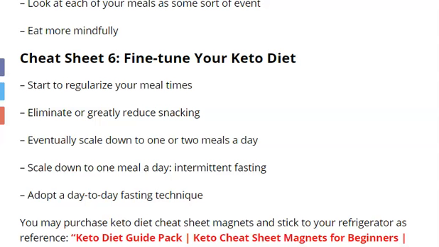You only eat your ketone diet, the carbs are reduced to a minimum, and you have eliminated or greatly reduced snacking. Even so, if you want snacks, as I mentioned in a later talk, there are a lot of ketone diet snacks. It's still possible for you to have snacks.